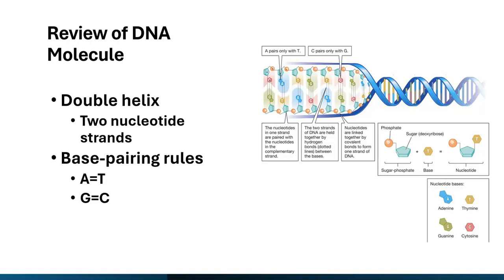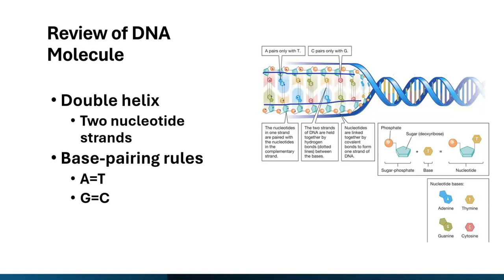Phosphate, sugar, and then adenine. Phosphate, sugar, and then thymine. So this is making up one of our nucleotide strands, and then across from it is phosphate, sugar, guanine. Phosphate, sugar, thymine. Phosphate, sugar, adenine. So this is our second